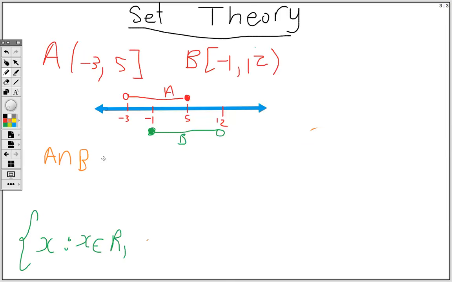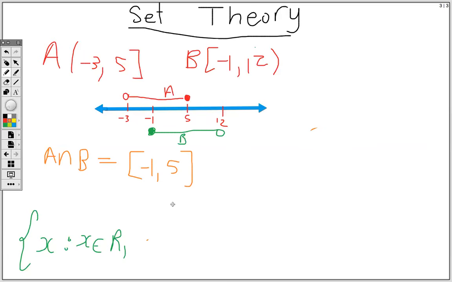Suppose we want A intersect B. Now, A intersect B is where we have an overlap. So the overlap area is between -1 and 5. Now at -1, both A and B are using it, shaded, solid line. So it means that I can have a square bracket. The same goes for 5. Now, suppose we had an open symbol here. So if this was open, then it means I'll have an open symbol here for the interval,